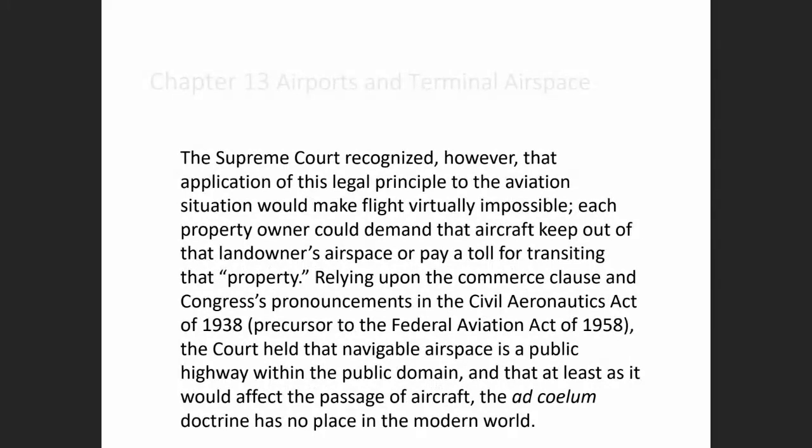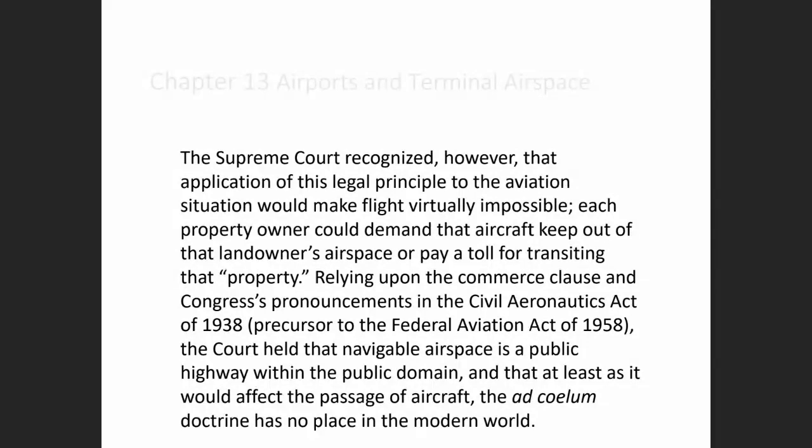The Supreme Court recognized, however, that the application of this legal principle to aviation would make flights virtually impossible. Each property owner would demand that aircraft keep out of their space or pay a toll for transiting that property. Relying upon the Commerce Clause and Congress's announcement in the Civil Aviation Act of 1938,